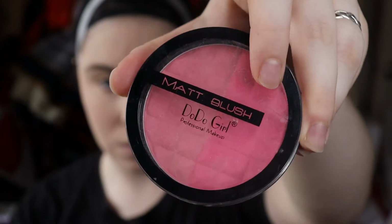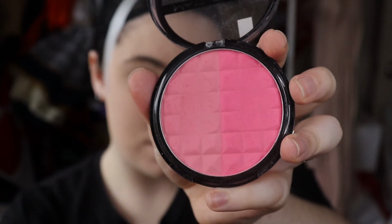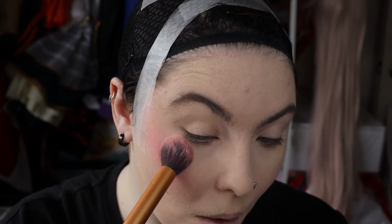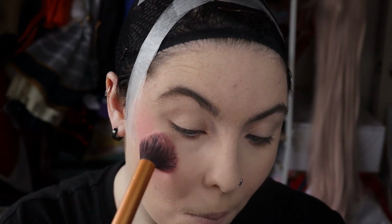And now we're up to blush. I've got this matte blush. I picked it up just from one of those stores in the middle of a shopping centre, but it's really pigmented for me, which is quite nice, and it has two really strong colours I find work really well for cosplay. So I take a smaller fluffy brush and